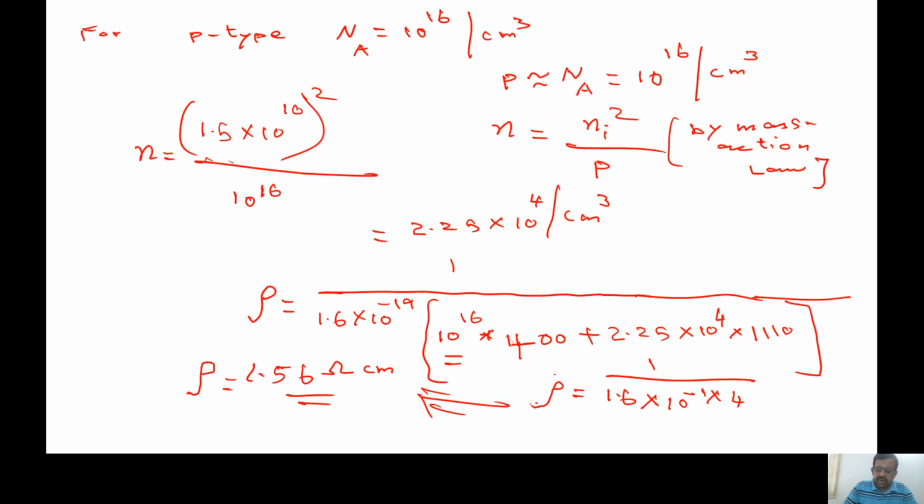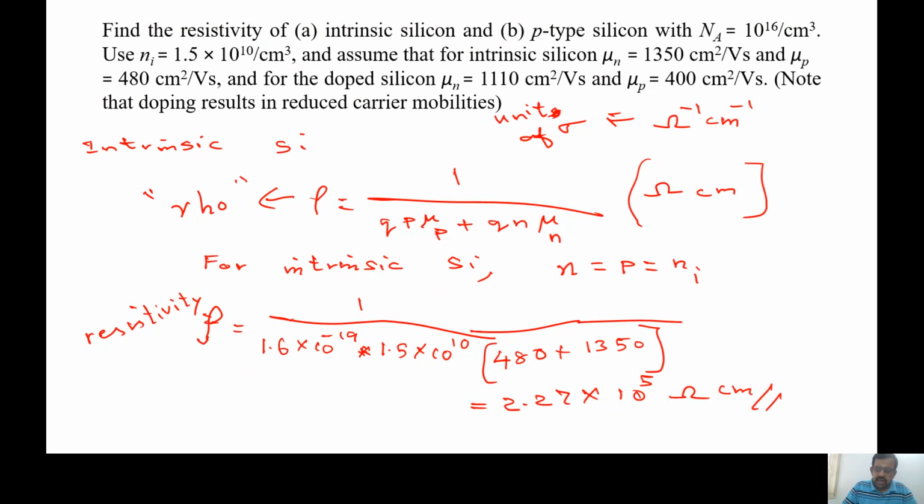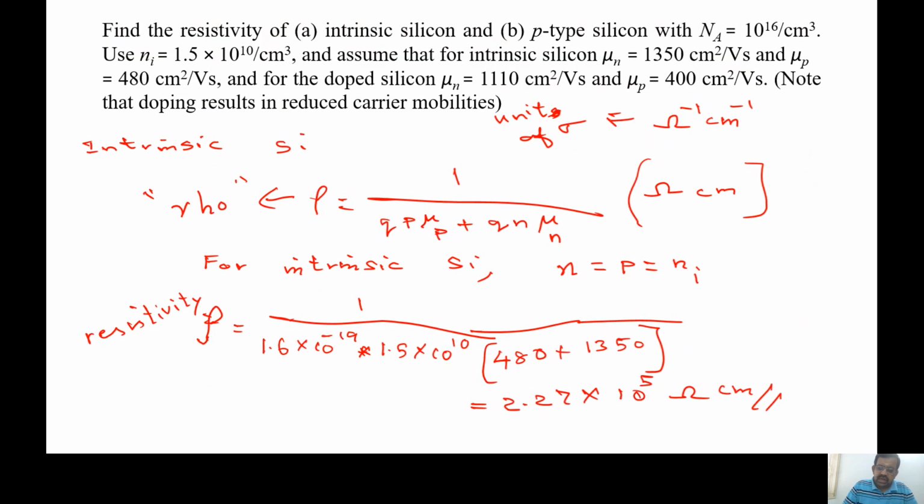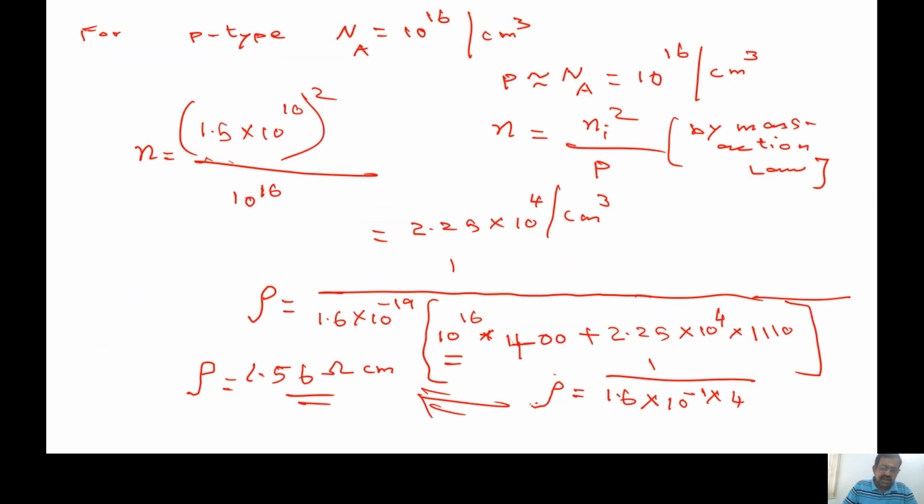We see that even with doping at this level, this is not heavily doped, this is only reasonably doped, even at this level you can see that rho is 1.56 ohm centimeter. Which means the resistivity goes down by 5 orders. With doping, the consequence is that the resistivity gets decreased. So doping is good. You enhance the electrical conductivity by suitable doping of an intrinsic silicon. That is the lesson.